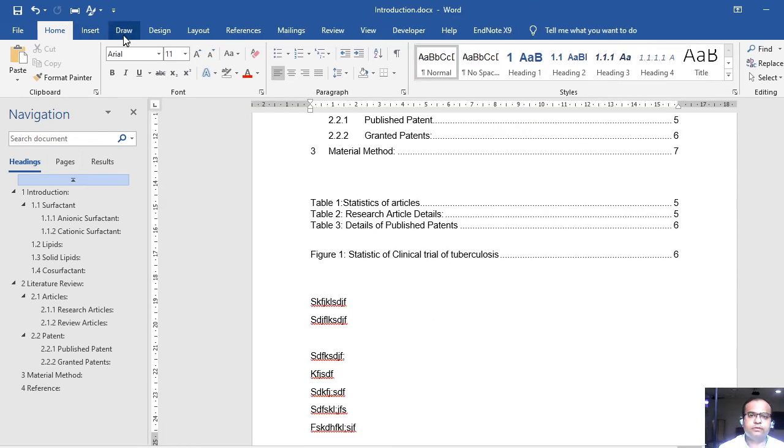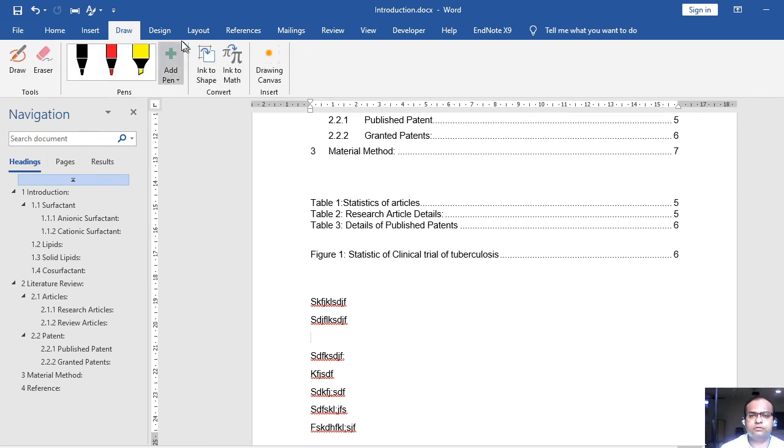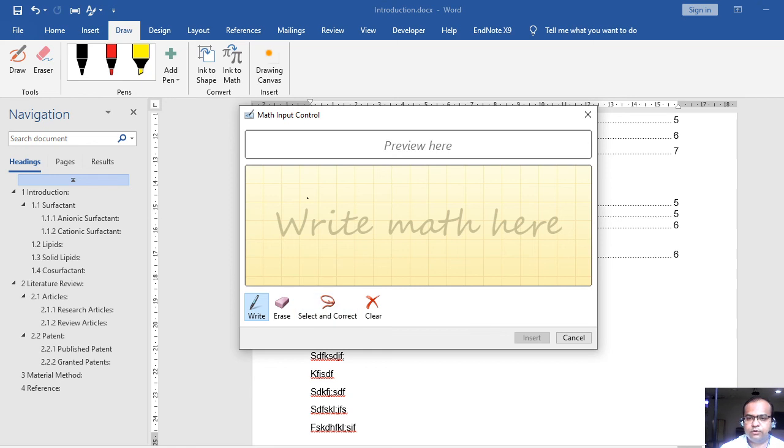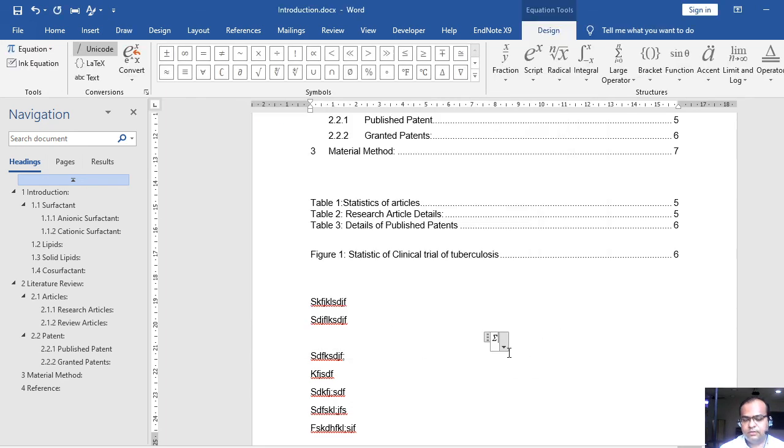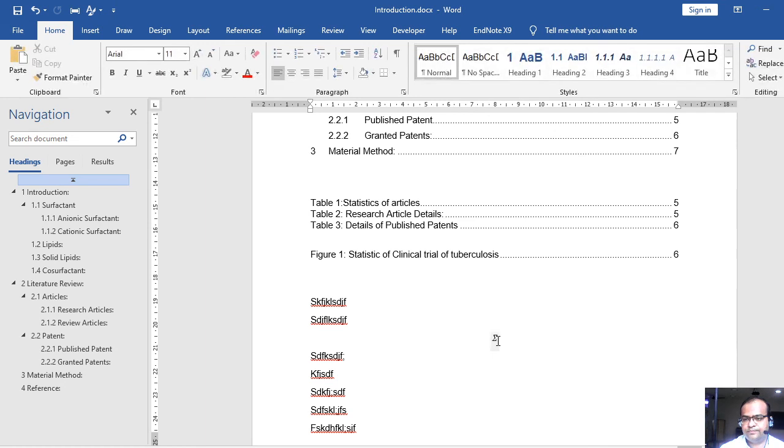So you may find this option in your Microsoft Word tab. Suppose I would like to introduce one here, and there is an option called Ink to Math. Now suppose I would like to introduce sigma, so you simply draw a sigma. There will be a sigma, just insert it. So there is a sigma here, right?